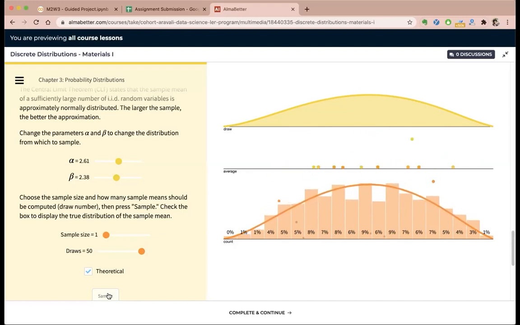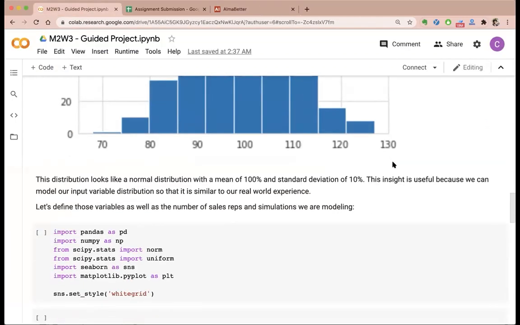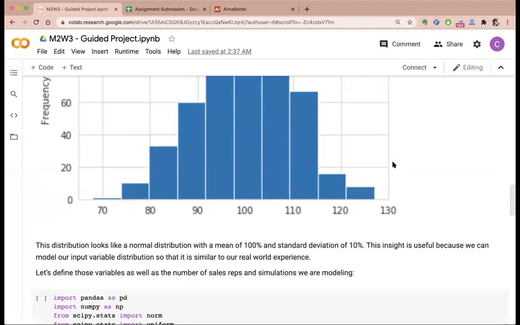So I hope you are able to get what sampling actually means, how we sample from a population, and what its characteristics are. Moving on. Now we have this population, and we want to generate 500 random values.